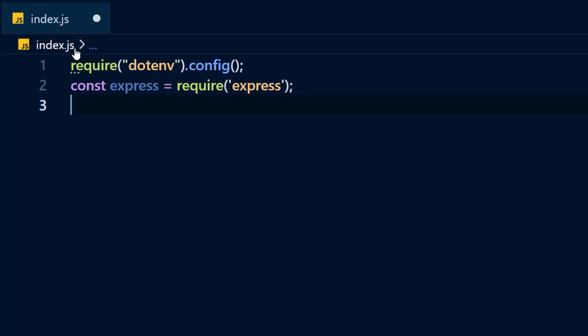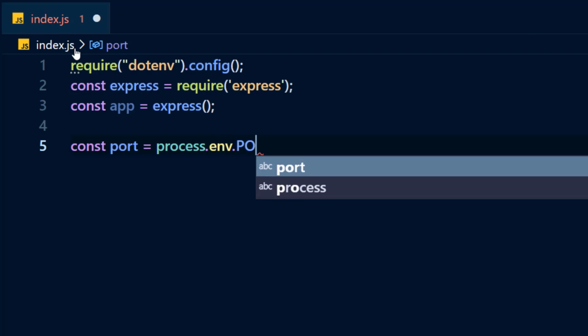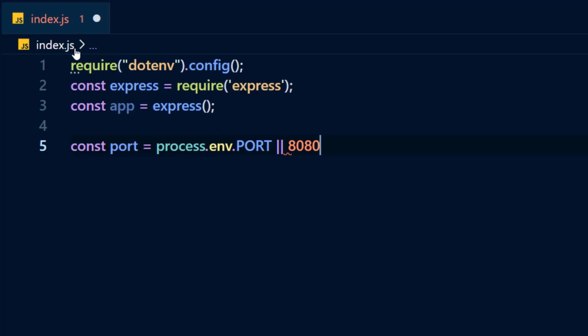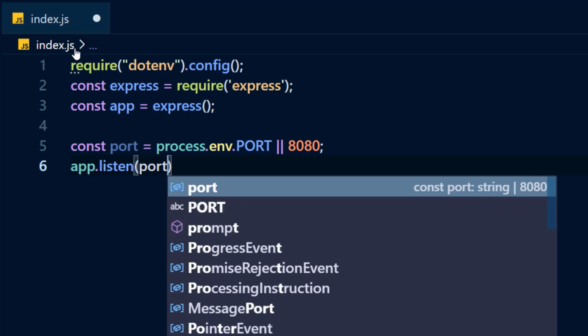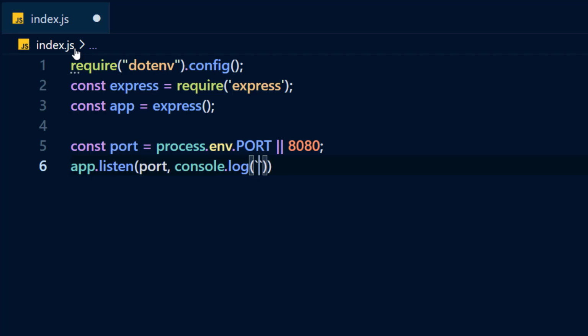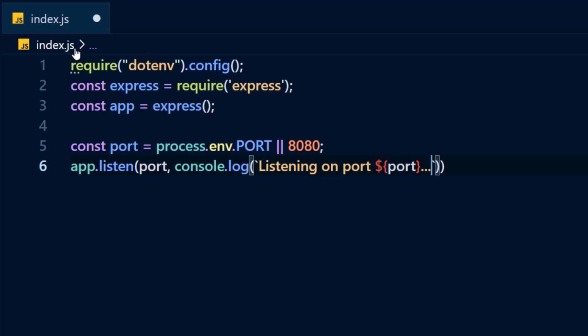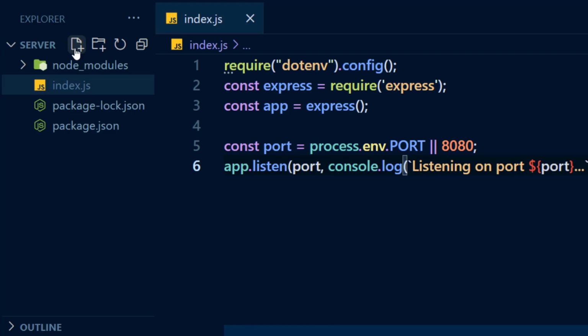Express is a top level function exported from express module, and we're gonna call it and store in an app variable. And now we're gonna declare port variable. The value will be port available in environment, or it will be 8080. After that, app will be listening on port and console.log listening on port 8080 or any port value given in environment. Here we are using template literal because port value is dynamic. Save this file